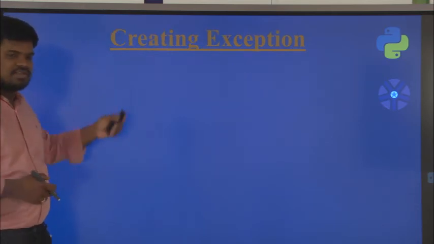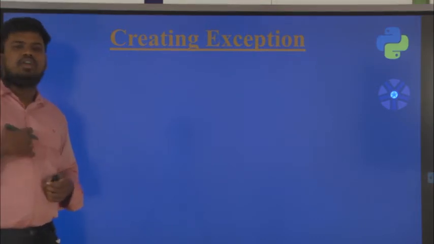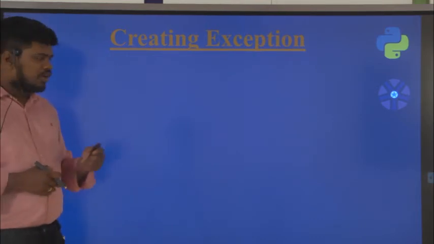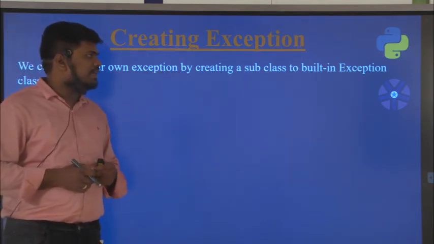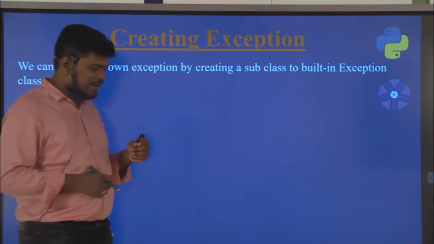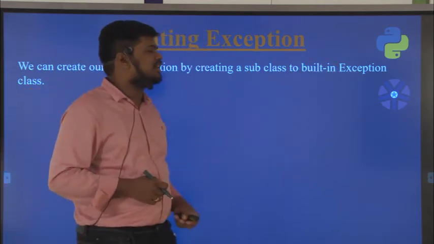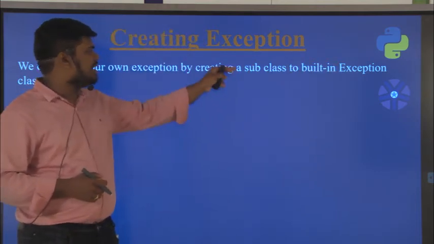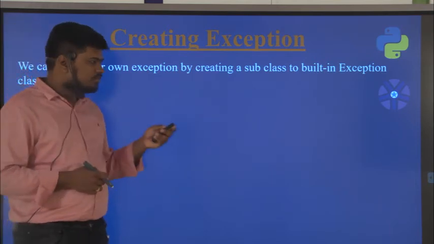And coming to the next one is creating an exception in Python. How to create our own exception in Python. So observe carefully. We can create our own exception by creating a subclass of the built-in Exception class. Here the built-in Exception class is the base class. From this I will create a derived class, which is nothing but my own class.